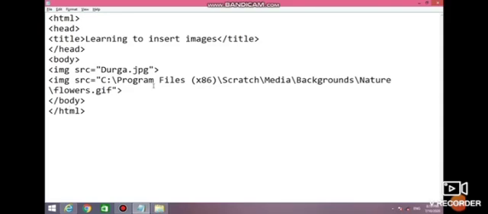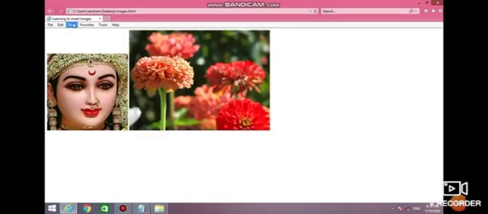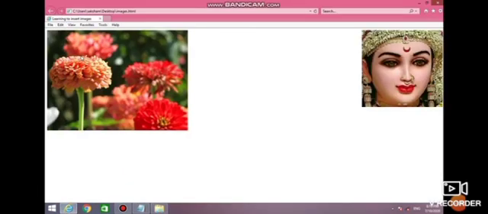Now the attributes required for an image. We have four types of attributes in an image: align, border, height, width. Let's change the alignment. The image tag has 5 types of alignment: top, bottom, middle, left, right. I change the alignment of the Durga JPG to right, and by default it is on the left side. It will now be on the right side. Yes,